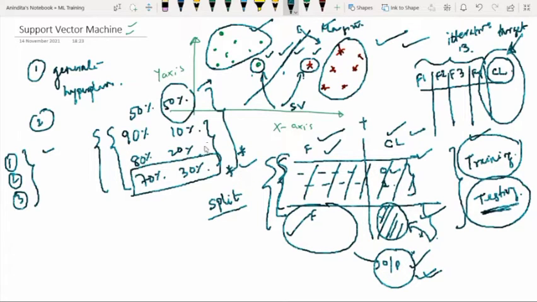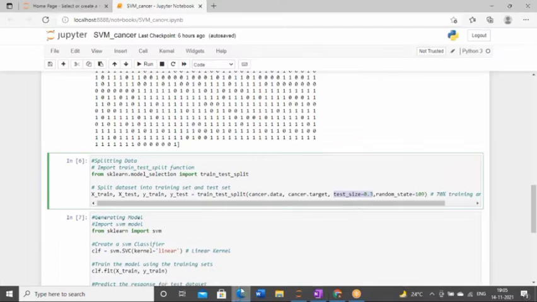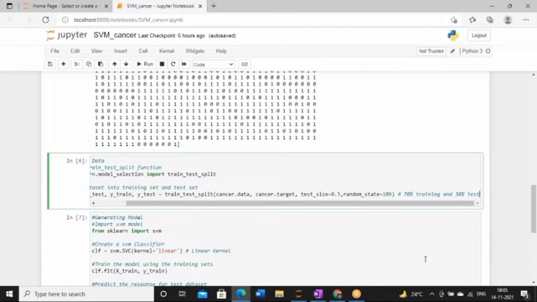But it differs for some data sets, so you can change this option to 80-20 and 90-10. You can even check it for 50-50. But I have considered a 70% and 30% split for this coding, and this is how we have performed it.